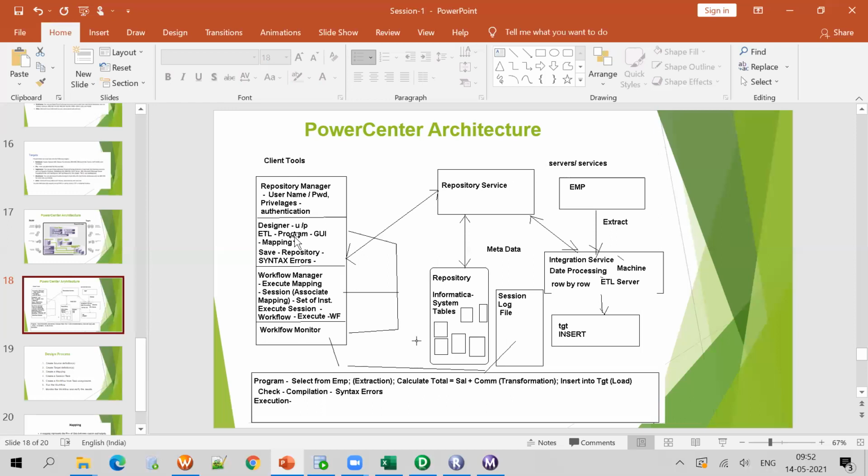It has a link between client tools and repository. Once you create a folder, the repository service will pick up the folder and store it into the repository. Are you clear on the repository service? Any doubt here?